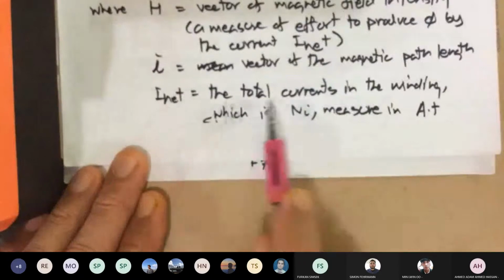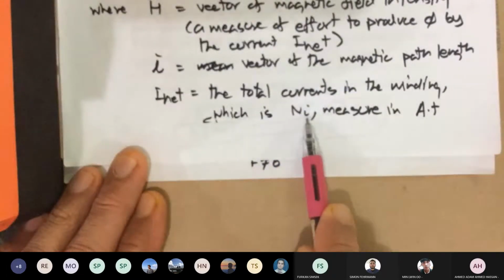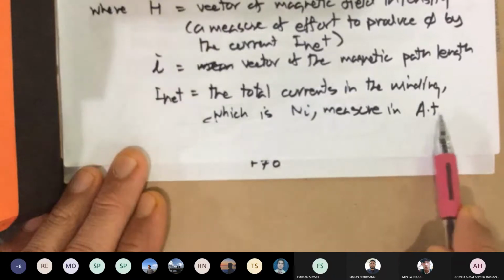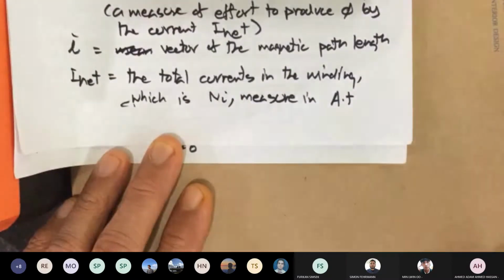And I_net is the total current in the windings. I talked about that, which is the number of turns times each individual current. The unit of I_net is A·T, ampere-turns. Okay, this is ampere-turns. T is turns. Now,